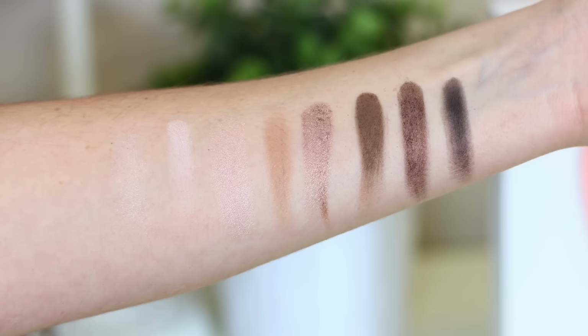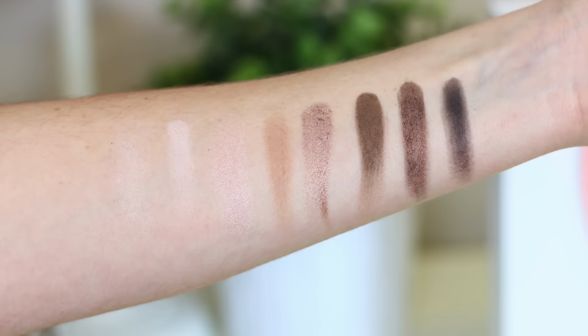Now we're getting into the deeper side of things as far as the palette goes, and up next is Cocoa. Now this to me is your typical matte brown. It's not too deep, it's not really in the medium family, it's just a really, really nice color to put in your crease. Number 7 is called Coffee. Now this is a deeper brown with almost reddish gold shimmer, but when I did swatch this, it really just comes off as like a deep brown with like a goldier